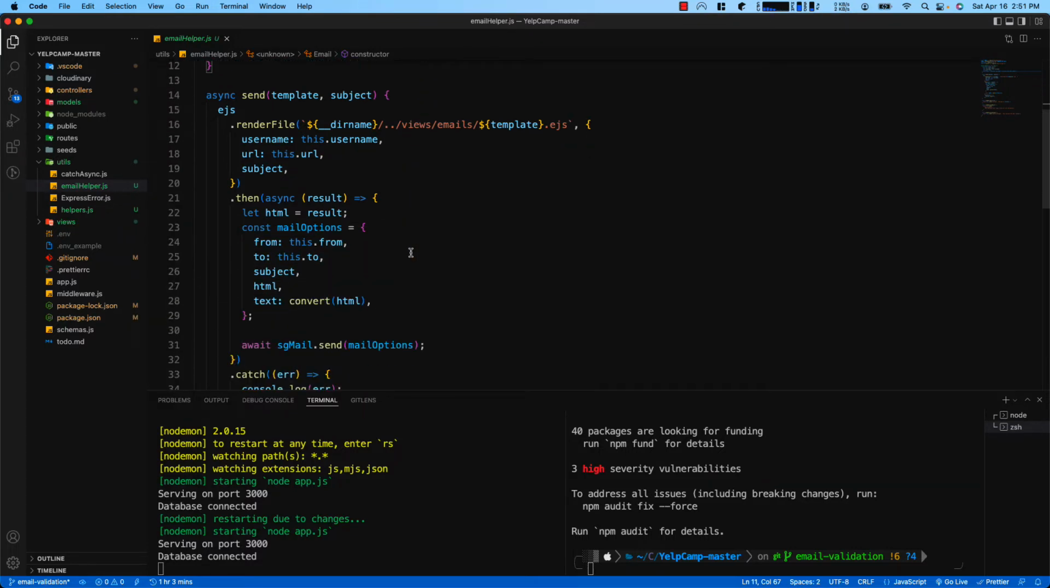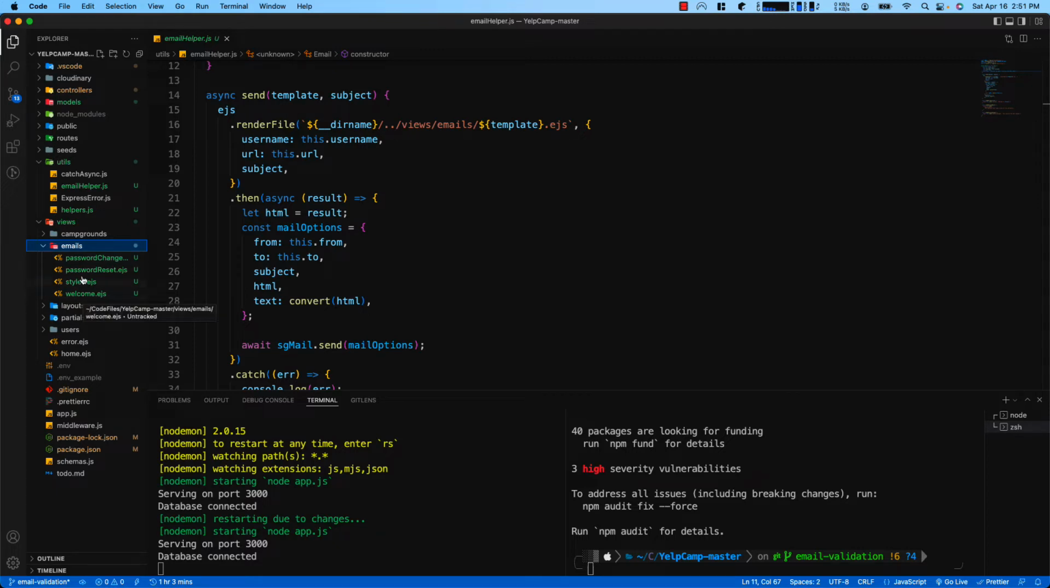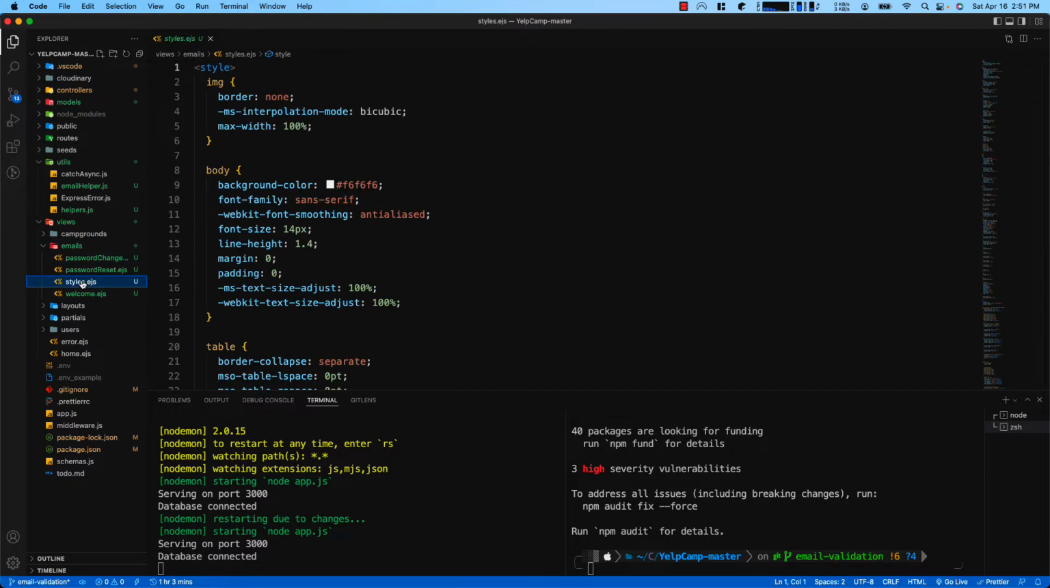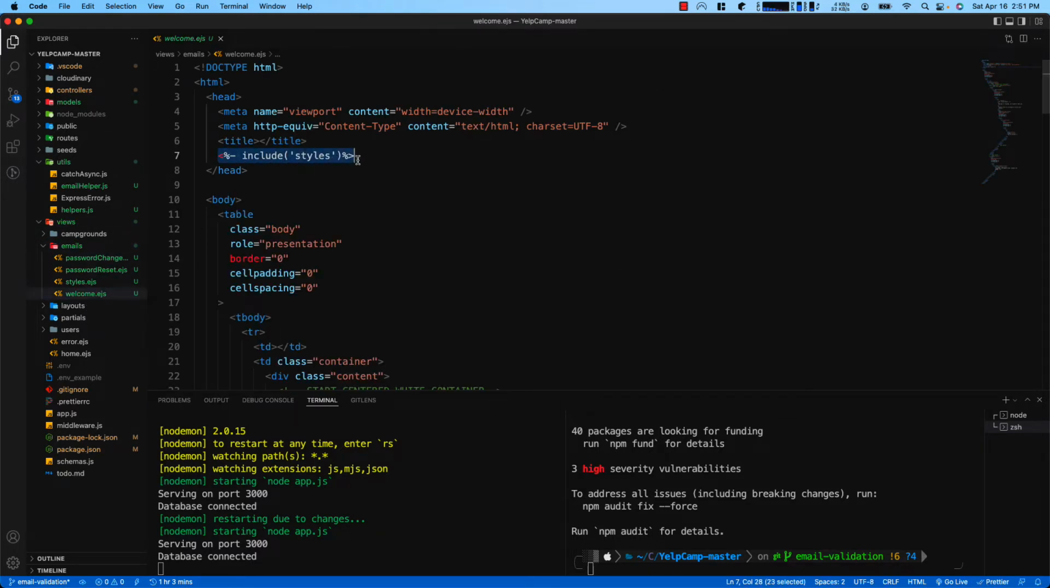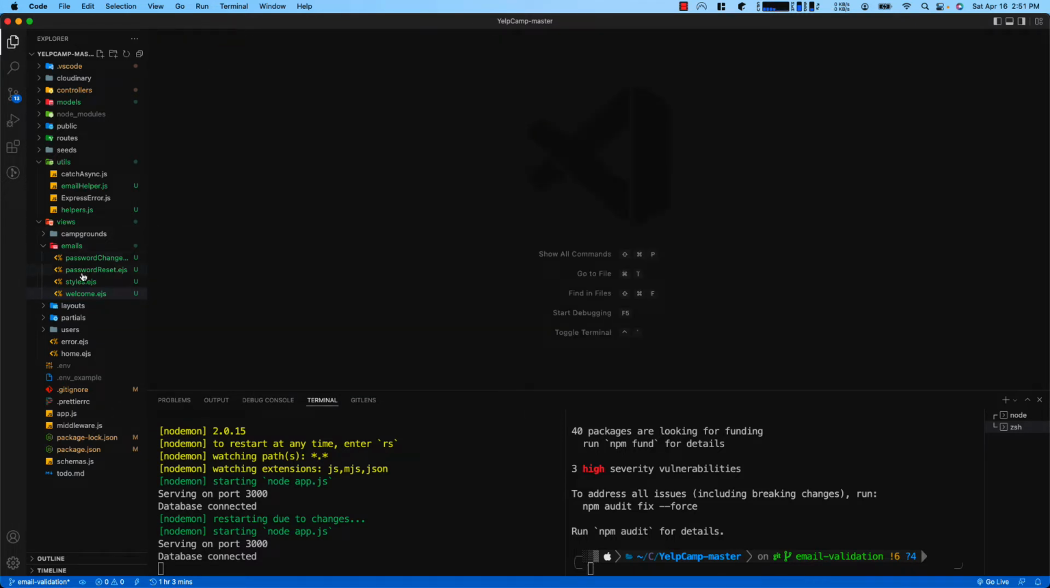Then we create a send function that pulls the template, which is going to be the template here. And if you look in your views and your emails, I've got 3 templates right now. We're just going to worry about the welcome one first. The styles.ejs is literally just styles that are getting brought in. So when you look at the welcome, it's actually bringing in the styles here. I did that just to keep this file small. So if we go back here,